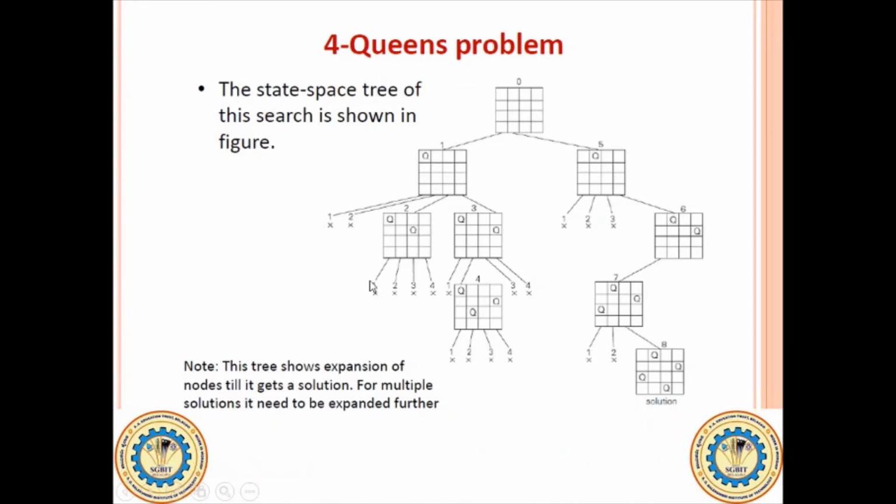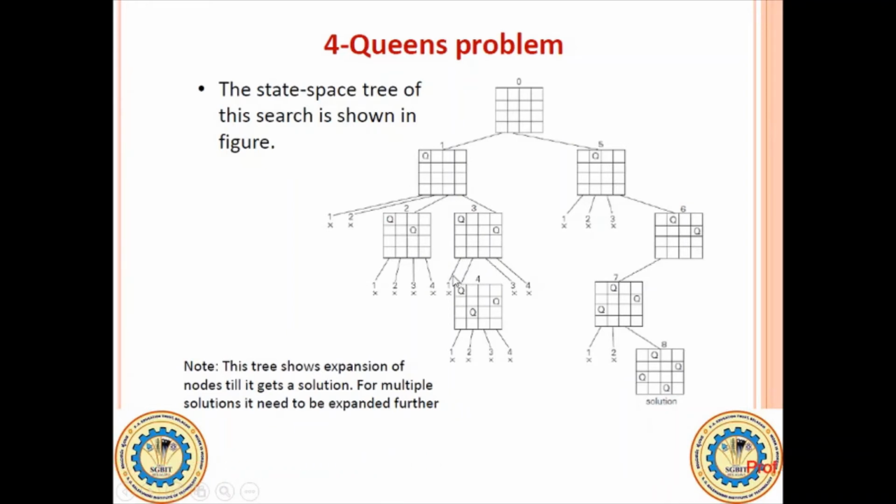again, we have to go back and see if we can change the place of queen 2. Yes, there is one more slot available, that is the fourth slot. So we have replaced this third slot with the fourth slot, you can see here. This is where queen 2 is placed, in the fourth slot.